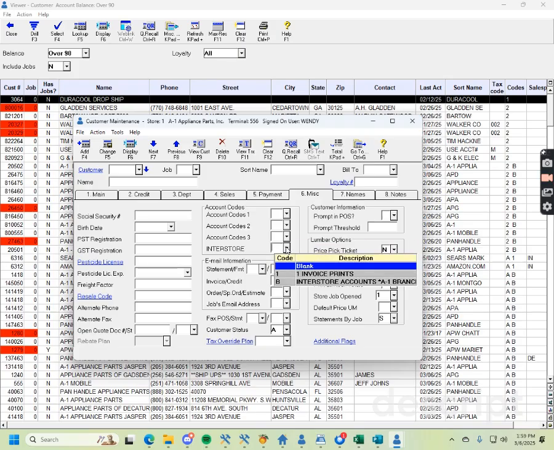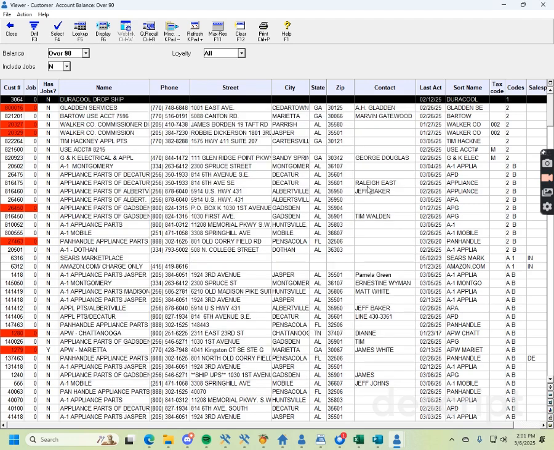This is the only one that has anything defined. 1, their invoice prints, and B for interstore accounts. It's a branch account. In other words, it's A1 Mobile or Montgomery or A1 Dothan, or you see the point. Okay, so now that these are in order, I can see which codes are listed under all of these individual